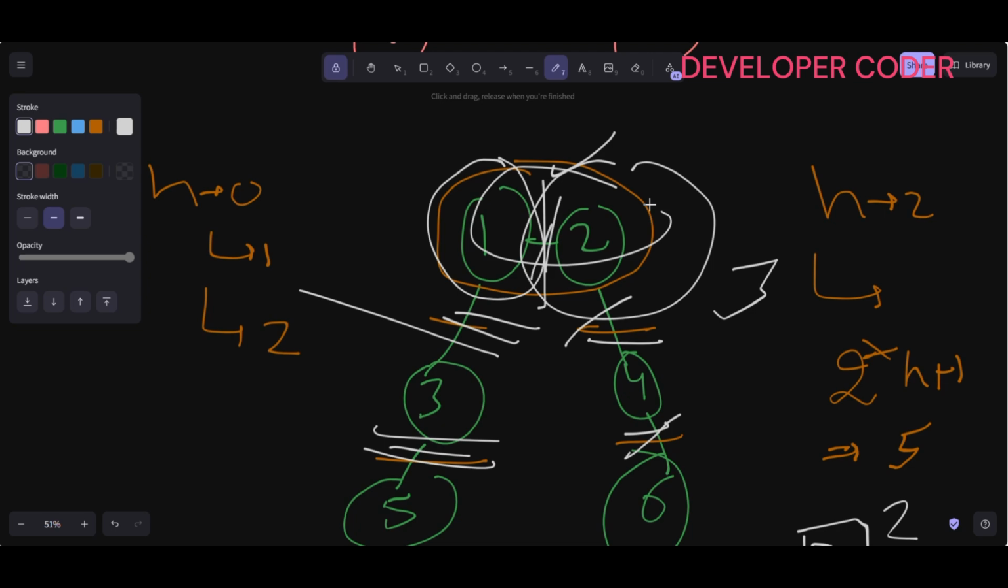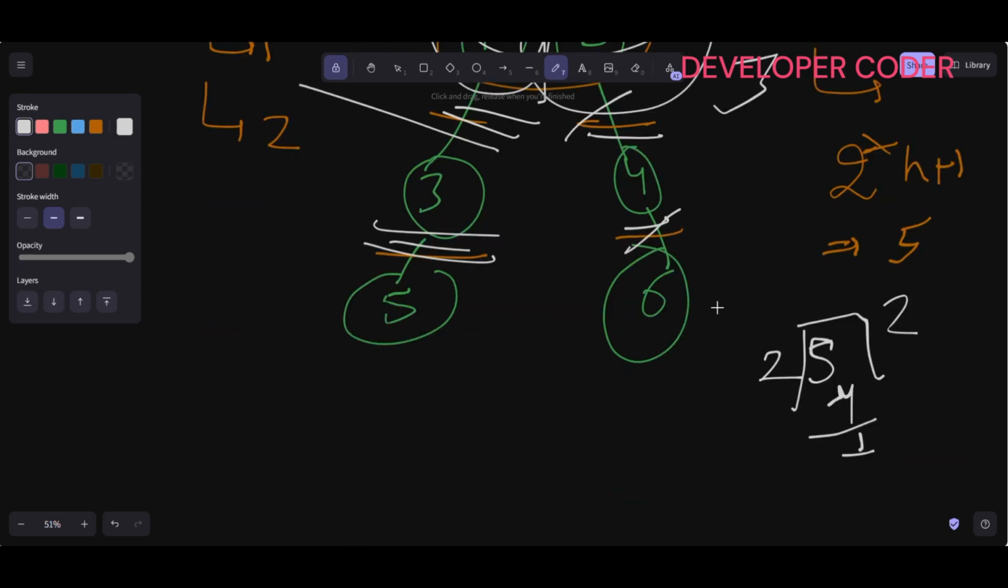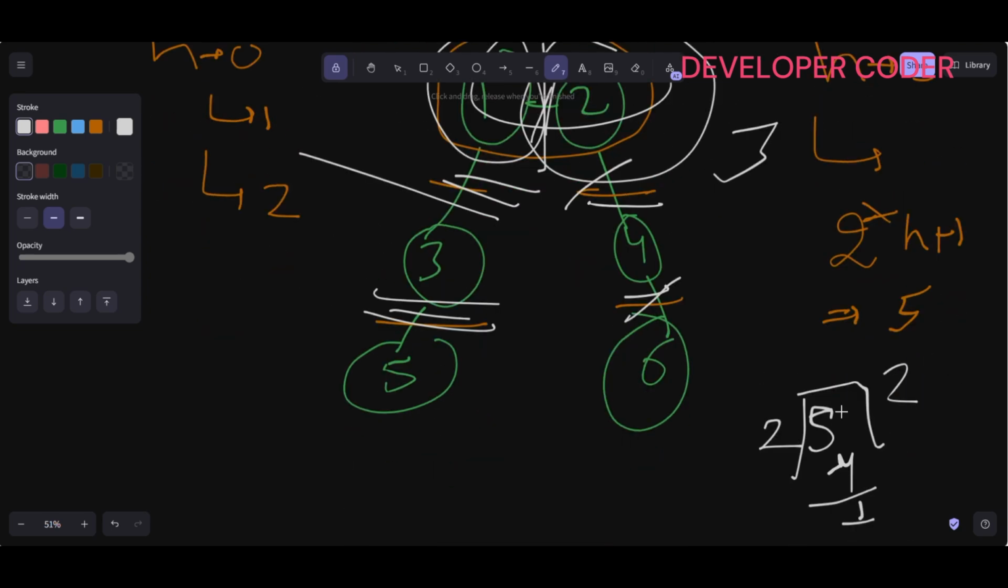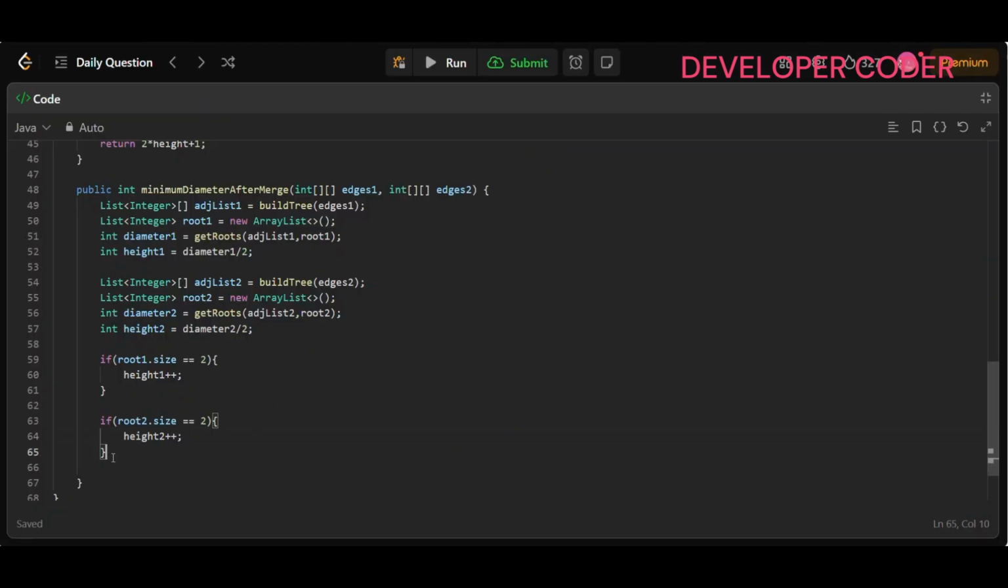Same example. If we have an even number of roots, then we have to increment the height, because 5 divided by 2, still 1 is left, right? Still 1 is left, so that's the reason. Height 2 plus plus. Now in the end just one line left. That's it. Return